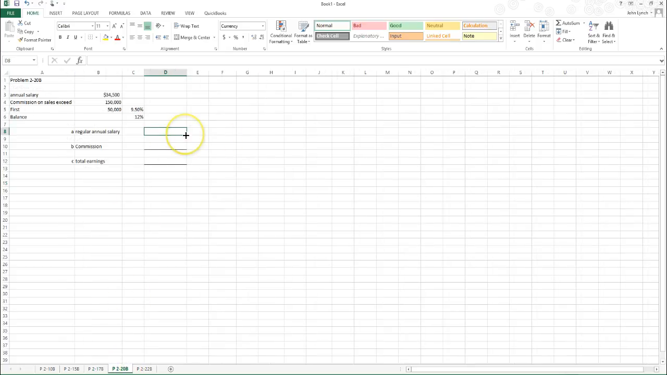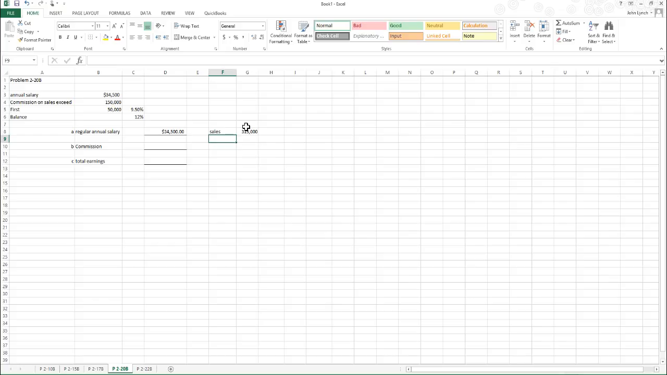Okay. This one is 2-20B, which deals with commission. Well, her regular wages is $34,500. Again, you can read the problem. But she gets a commission on anything over $150,000 in sales, not over wages. So her sales were $315,000. That was her sales,